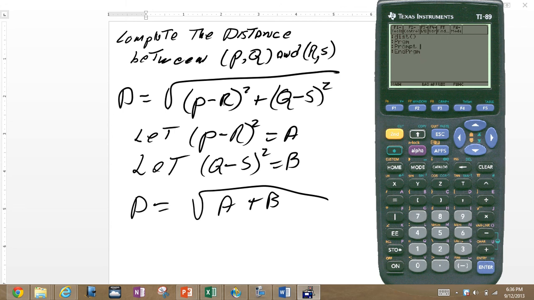I want to put in P, Q, R, and S. That's the X and Y coordinates of each point. I can do it in 2 lines. I can do it in 1 line. I've got to select, I've got to tell the variables I'm using. I've got to activate my alpha